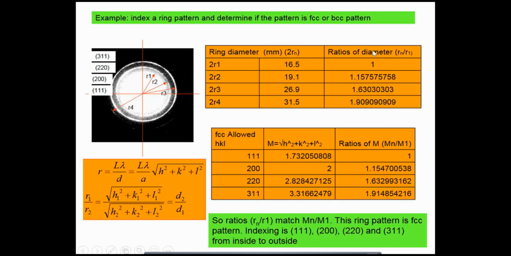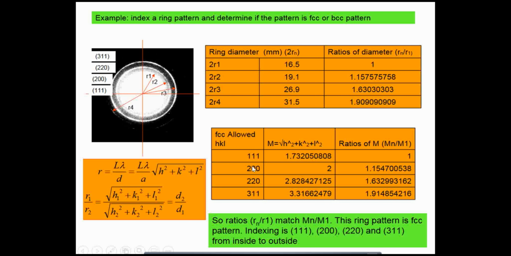Now it is given that the pattern is FCC or BCC. If it is FCC, first take FCC. By the selection rules, you can see our XRD video for selection rules. If it is FCC, it will have these particular allowed Miller indices. FCC will have either all even or all odd indices. That's what we have seen here, and then what we have calculated is the square root of h squared plus k squared plus l squared. This value we have calculated for 111, 200. So they should be either all even or all odd.